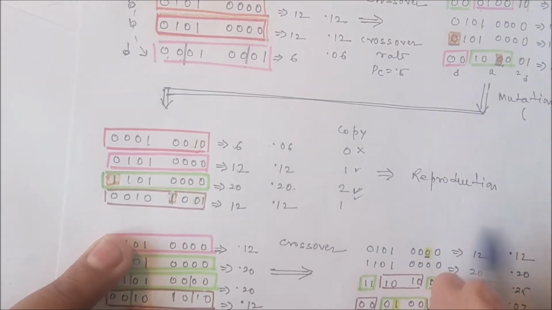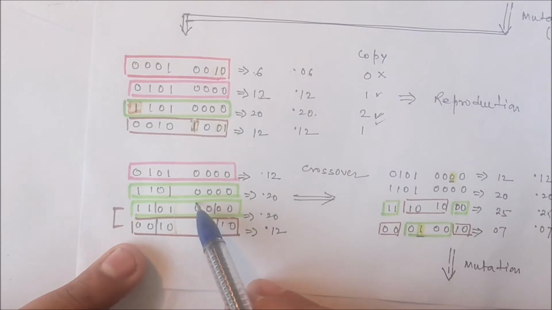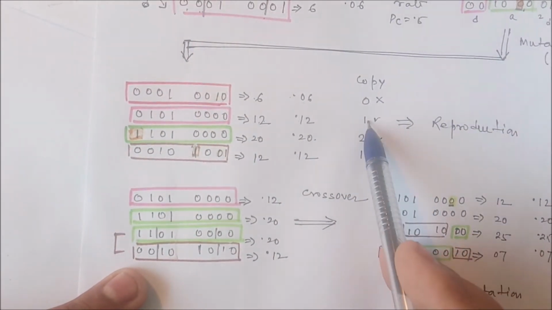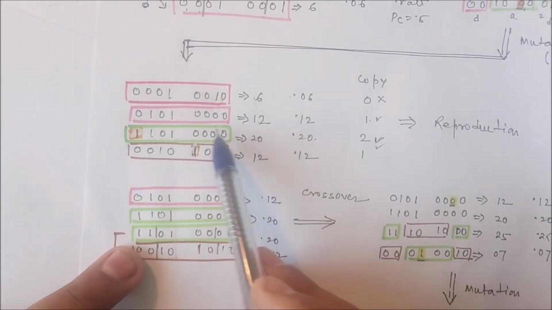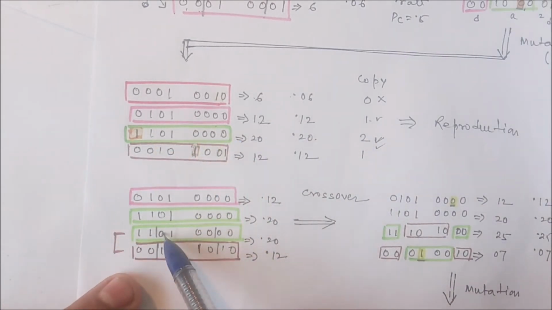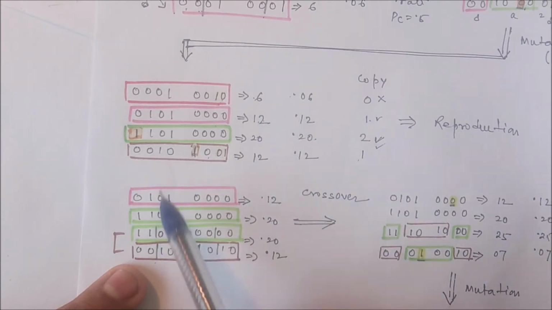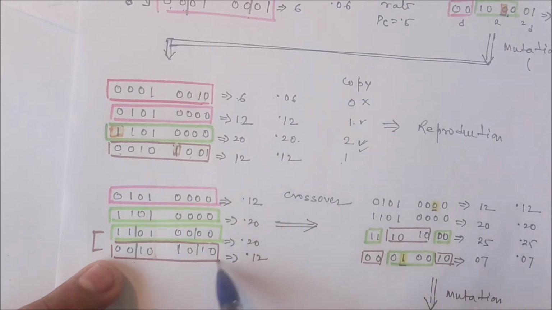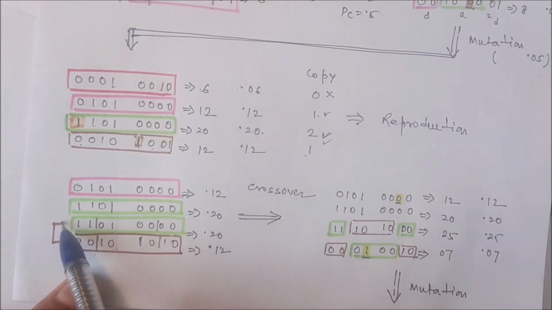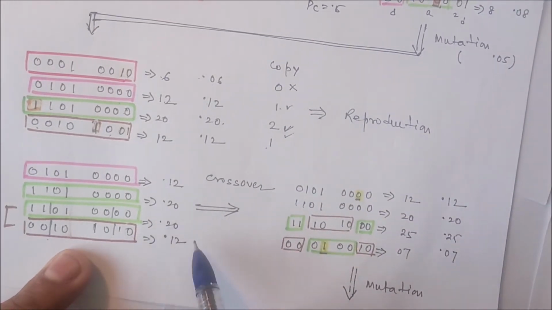So that means we have to once again select. We have selected this particular individual, two copies are there, and here this one is the single copy. You can see it as 0 0 1 0 and 1 0. After that, once again we can apply crossover. Now randomly we have chosen these two chromosomes for the crossover, and after crossover, this will be the result.